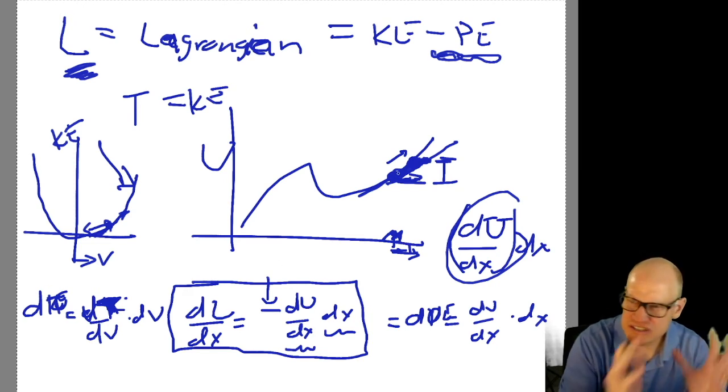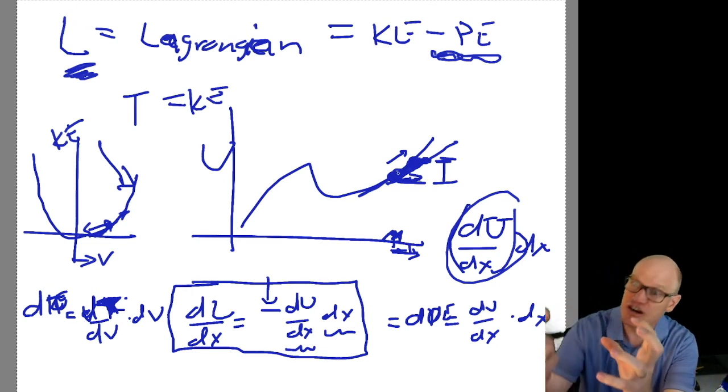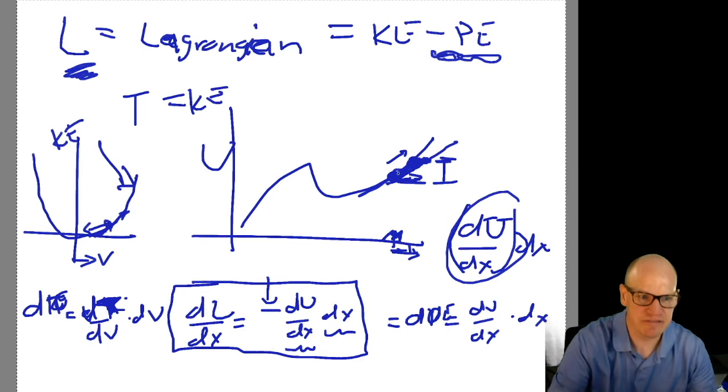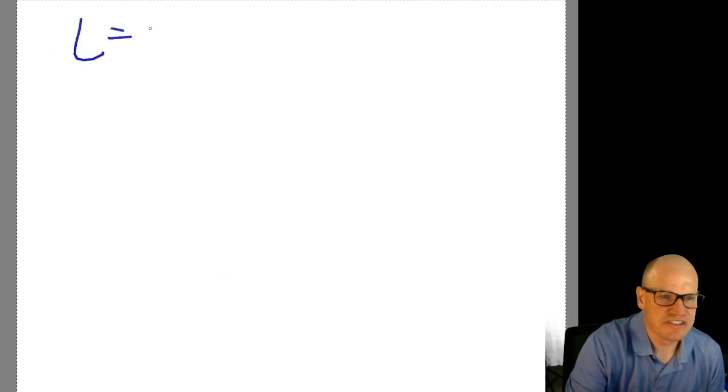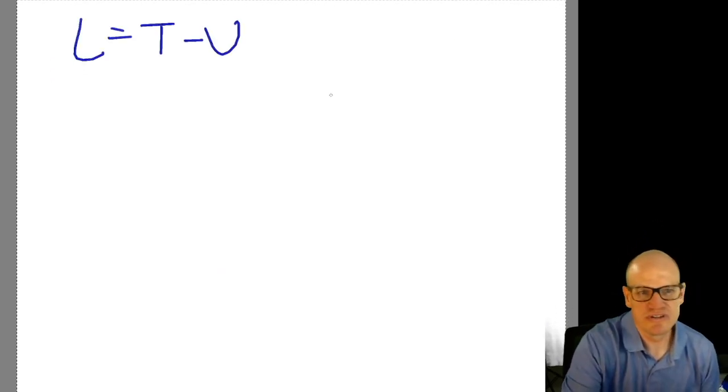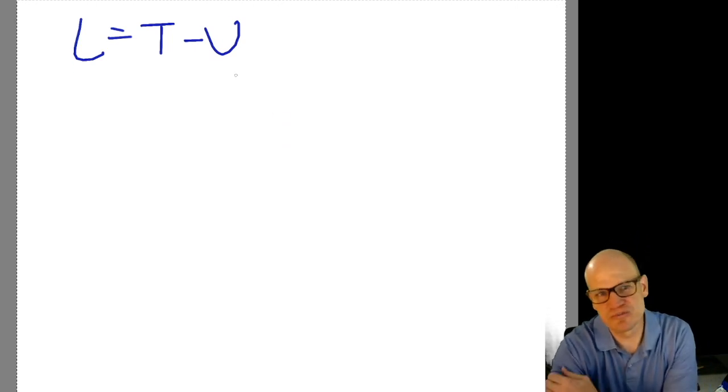So if you displace the potential energy, that's going to cause a change in the kinetic energy because they have to be connected to each other. And those two things have to be equal to each other. So let me go back a little bit. Lagrangian is equal to, in this case, T minus U, or T minus capital V, or whatever letter that happens